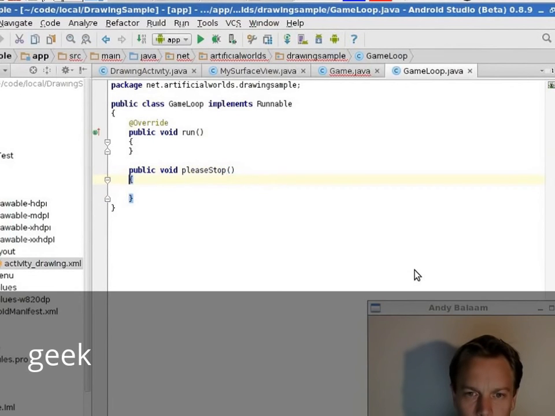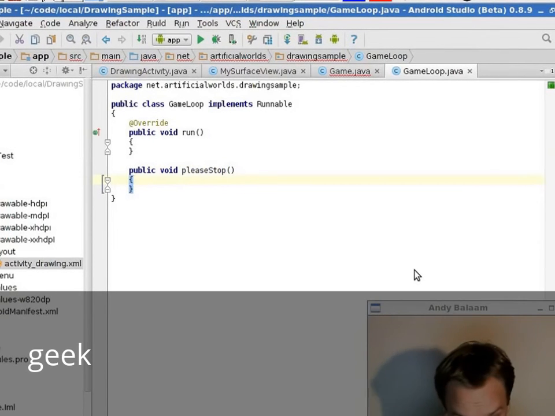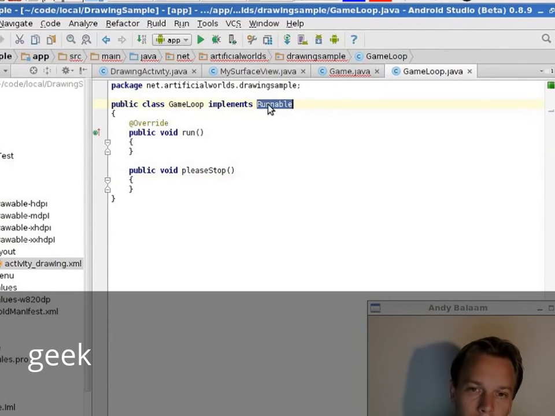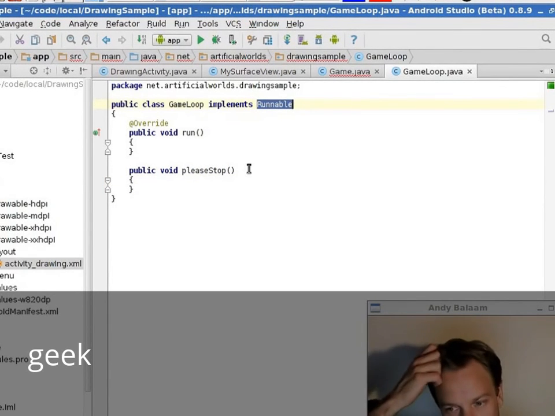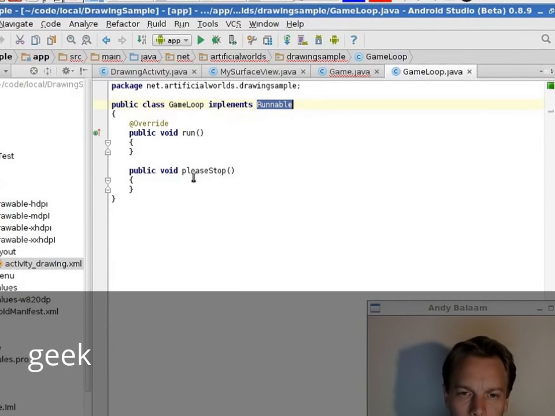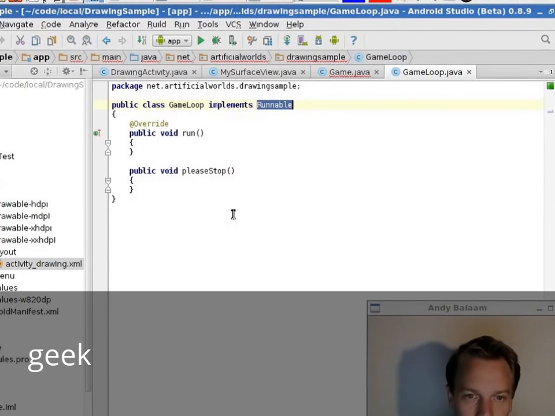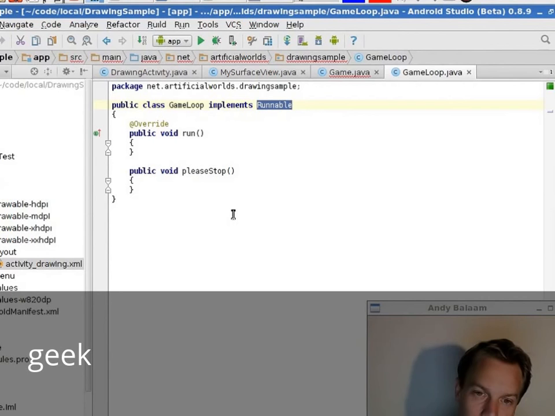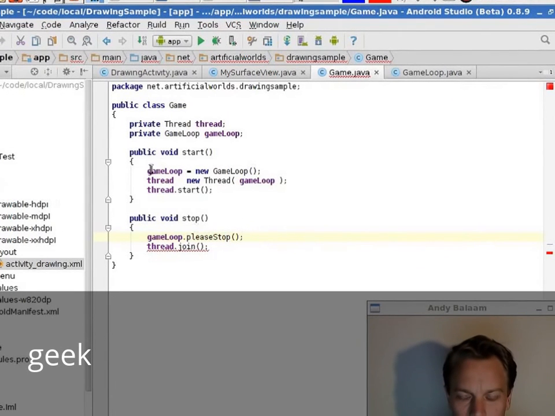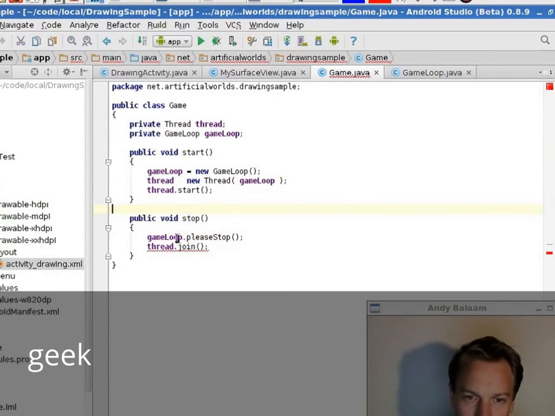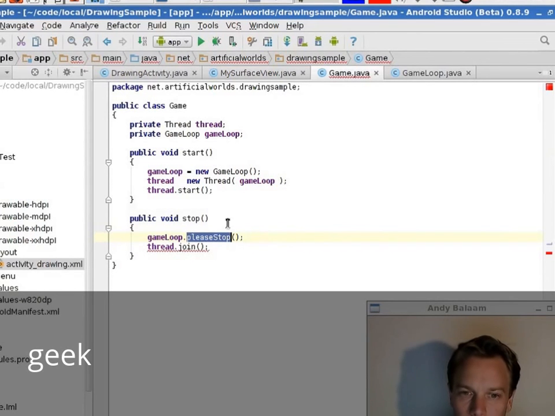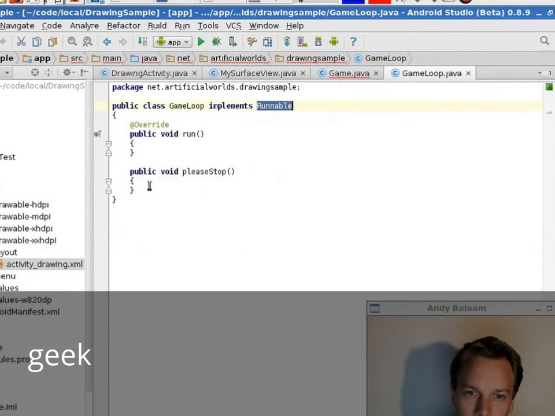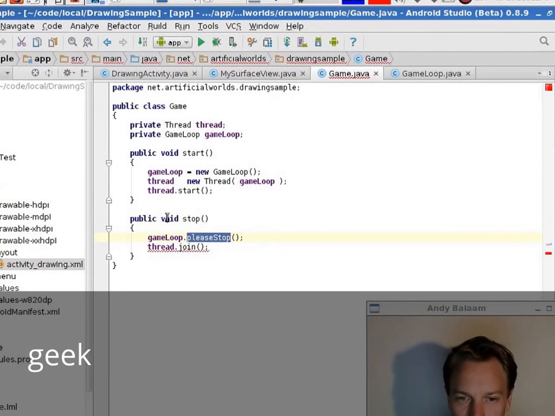Now it may become clear to you why I've called this please stop and not just stop. Threads have a method on them called stop, and that is deprecated and you shouldn't use it. So just to make it absolutely clear, this is a polite stop rather than the horrible stop that you get on thread, which you shouldn't use. I'll call it please stop. Okay, we'll get to that in a sec. So what's happening here is we start the thread in start, and then in stop we tell the game loop to stop looping, and we are confident that soon it will stop looping. And what happens when a runnable comes out of its run method is that the thread stops running. So what we want to do, just to make this feel